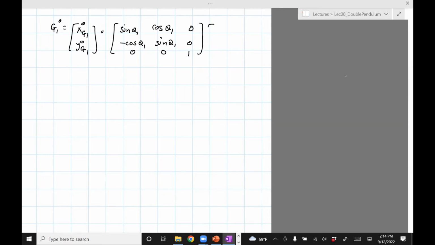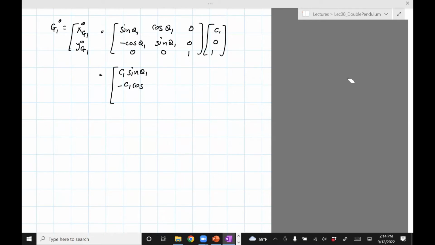That's just writing H. And then G10, I just wrote down, it's C1, 0, 1. And so carrying out the multiplication, you should get C1 sine theta 1, minus C1 cosine,